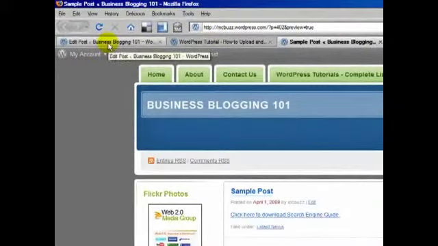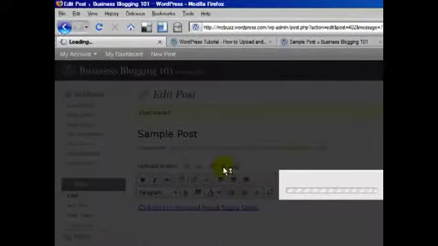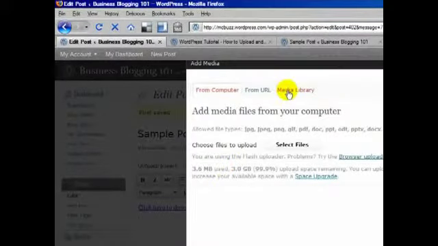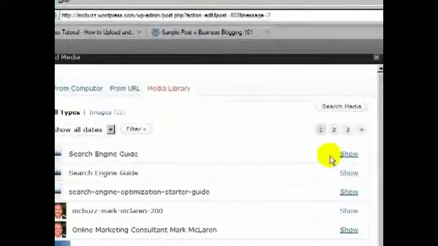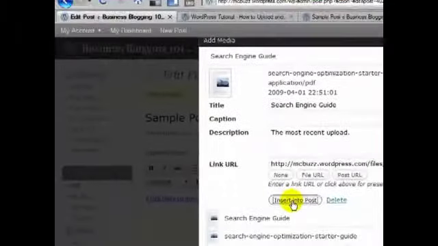And then there's one other way to do it. Let me see if I can do this really fast because I'm running out of time, which is, as I mentioned before, put the cursor wherever you want, okay, and then go into Media Library this way, clicking on that Insert Media button, Media Library, okay, show the file, and there's a button here that says Insert into Post, okay, so if I click on that button,